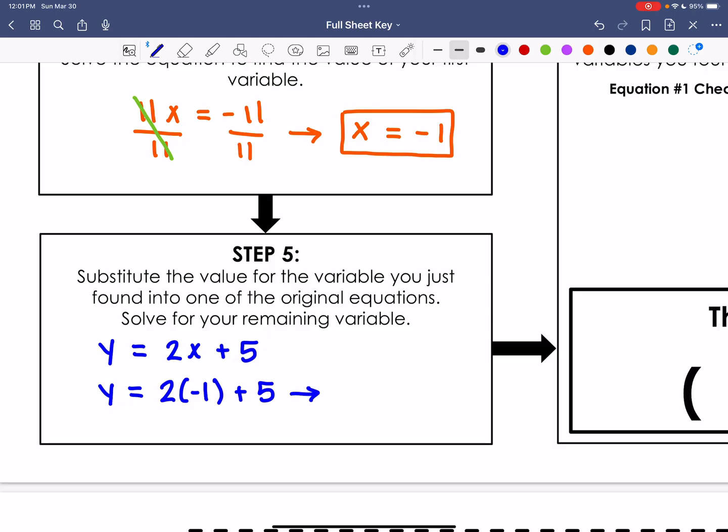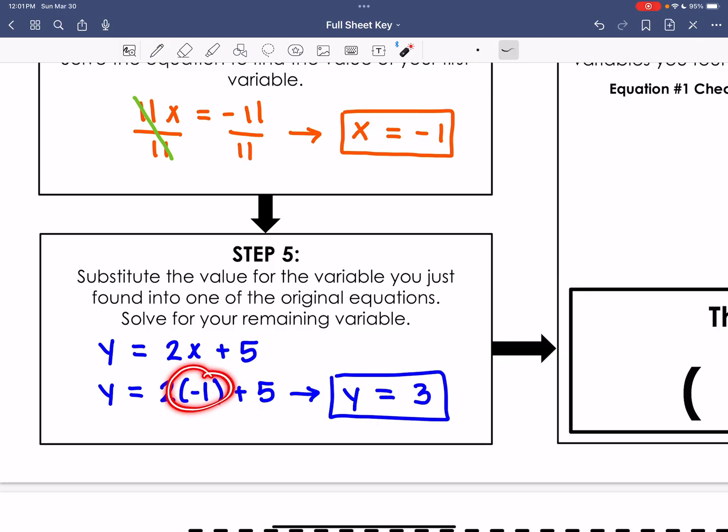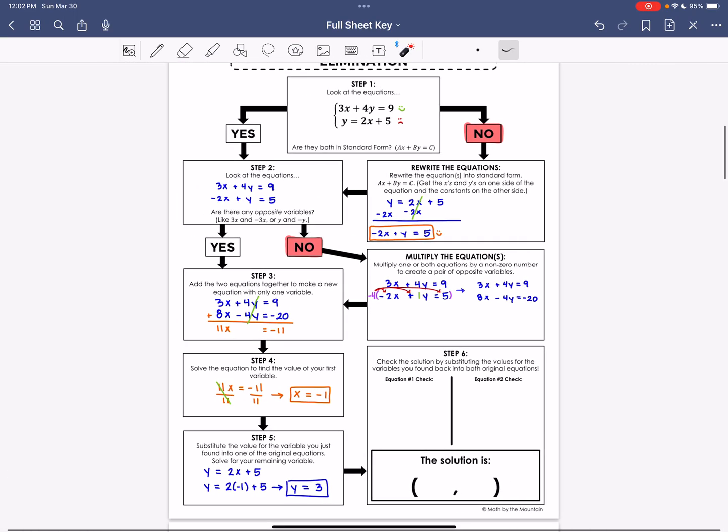So this tells me that y should be 3, right? Because this would be -2 plus 5, which is 3. You could also totally type this into your calculator. You'll still get 3. So taking a little zoom outwards, we have done a heck of a lot of work on this problem, which means it is possible that we made a baby mistake somewhere. So I think our answer is -1 for x, 3 for y,